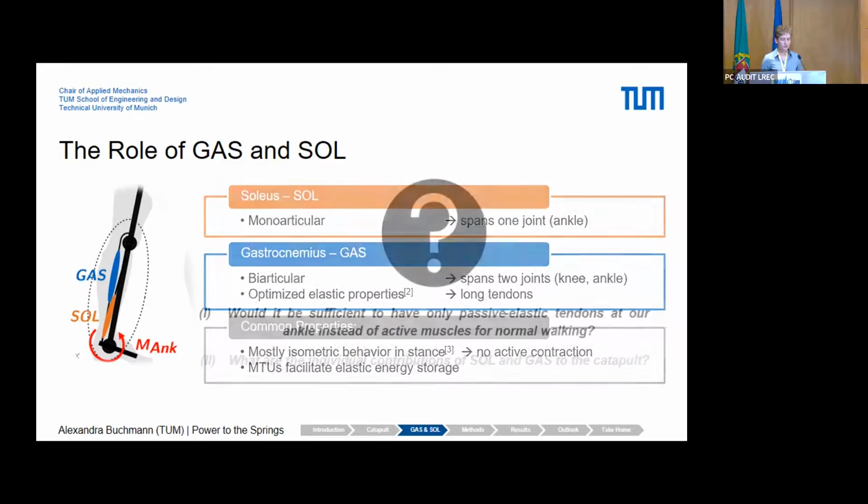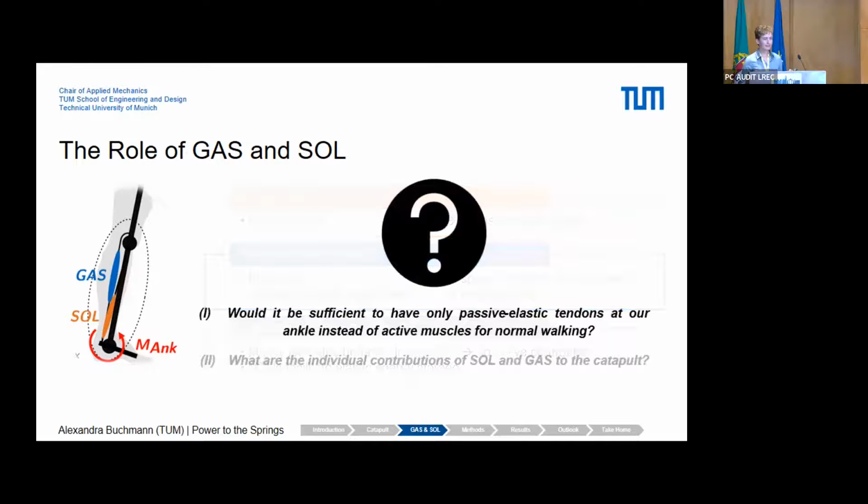And this now raises the question, why do we actually have active muscles here? I mean, we just focused on steady state walking. Of course, evolution has probably its reasons why we have muscles here instead of just tendons. But maybe for steady state walking, and this is, for example, important for prosthesis, it would be enough to have just passive elasticity down there without active muscles at all. We also looked into a second question, namely the muscle contributions, but we will focus only on the first due